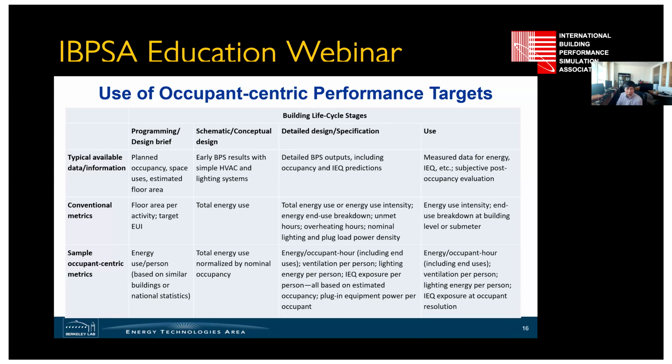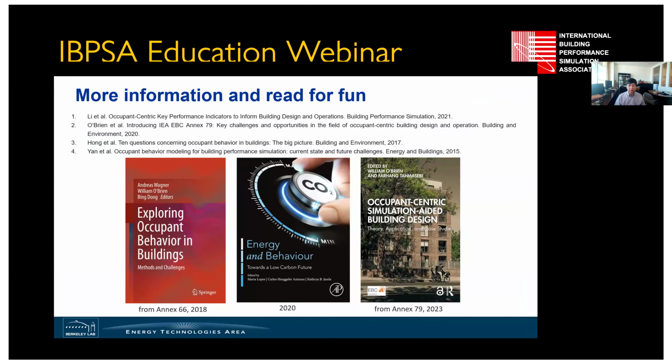But with the occupant-centric metrics, I think we can do a better job because we can look at those energy use in terms of occupant hour, and that may be a fairer or more normalized metric to compare your design alternatives. If you are thinking about how to do a better life cycle cost analysis, in terms of effective space use but also energy consumption. So this table sets up nice examples of how those occupant-centric metrics can be used to guide the design processes.